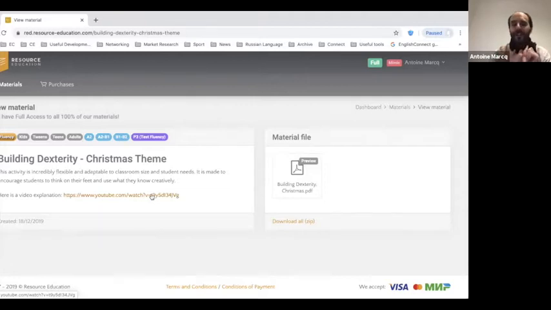Driving the conversation is like the dialogue at the beginning, except the cards are secret. So I don't know which cards you have, you don't know which cards I have. And so in this case, the dialogue is more natural because I don't know where you want to take the conversation and you don't know where I want to take the conversation. And we still need to use our cards as quickly as possible. So this is building dexterity.